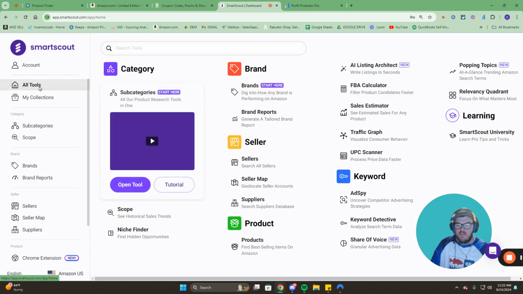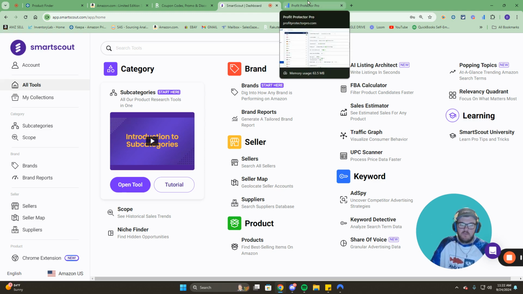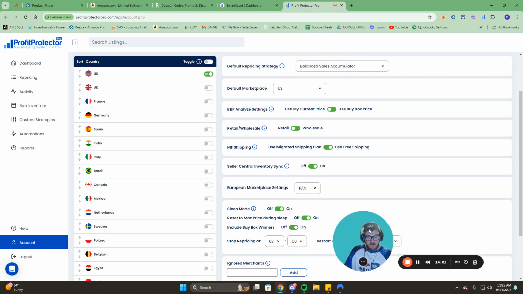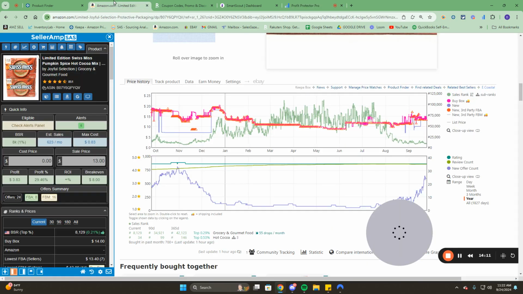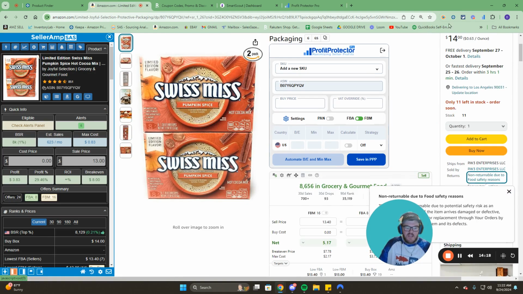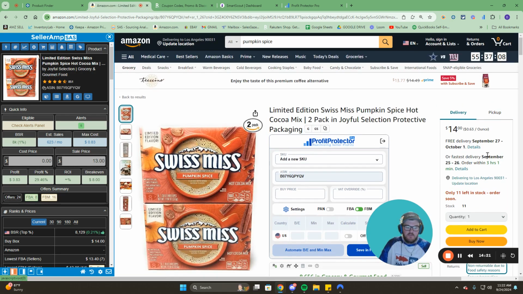Like I said, tons and tons of different tools here, and I'm just really quickly buzzing through a couple of them. Last one I got lined up for you is a repricer. If you don't know what a repricer is, it basically changes your price on Amazon to keep you in the buy box. So the buy box on Amazon, which if you don't know, is just this little buy it now box. And Amazon will rotate different sellers through this buy box,